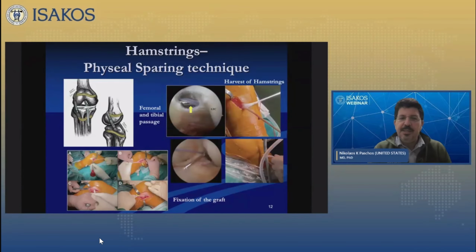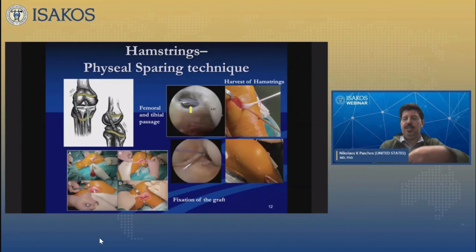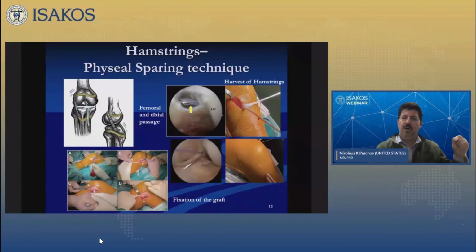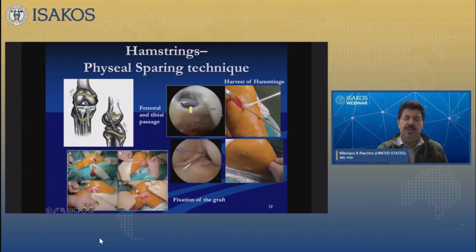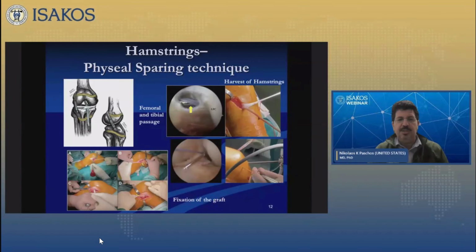And this is the technique that's coming from Italy that essentially does the exact opposite thing that we do here in the States, taking the IT band. What this technique describes is that you take and you separate the 2 hamstrings, and then you have the guides under the intrameniscal ligament and over the top. And what you do is essentially you take from the part of the inside the intrameniscal ligament and you pull it over the top. And then what you do is for the lateral incision, you create that fixation both on the femur and both on the tibia, and you can use either an anchor or a periosteal stitch for this.